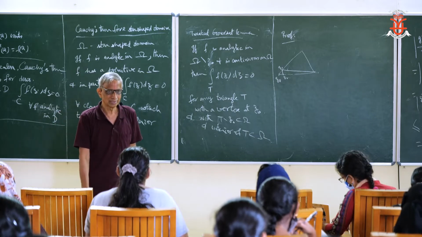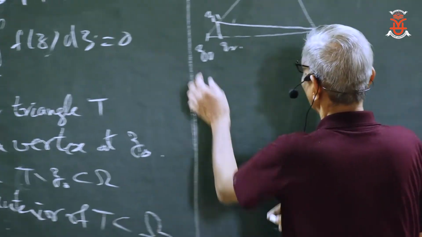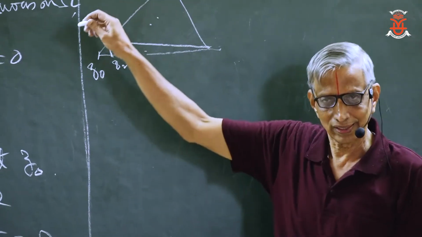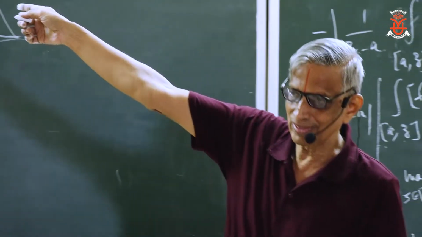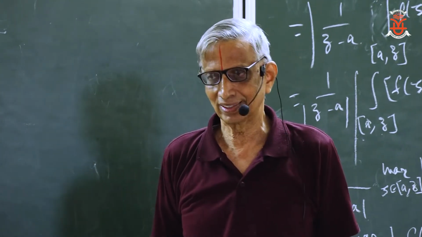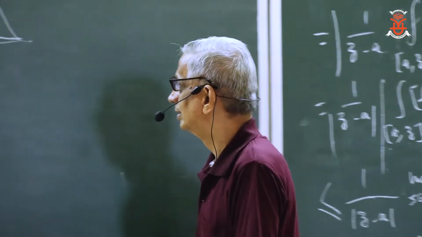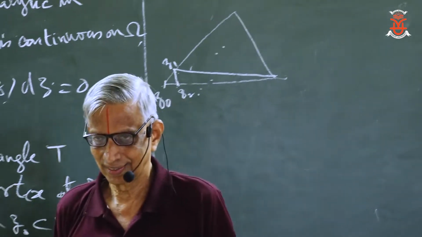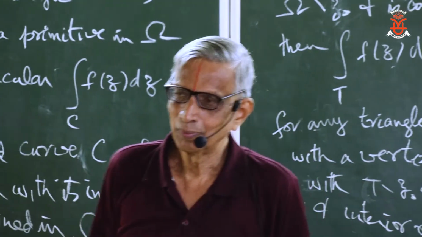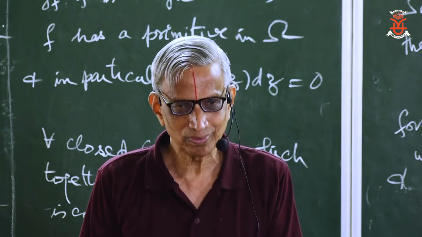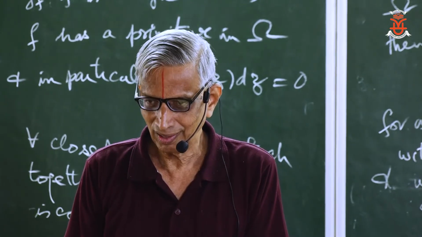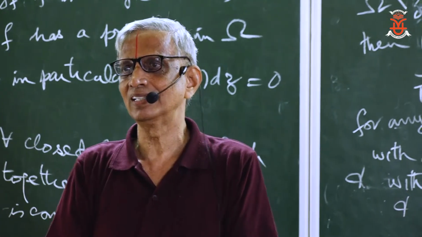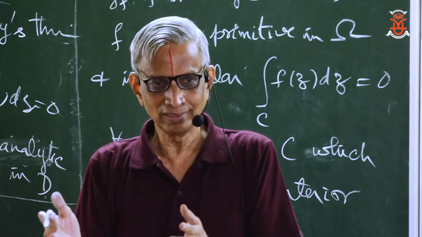What about, forget the small triangle, what about the other two triangles? The integral is already 0 by the original Goursat, right? So you have to only look at the small triangle. But what is the problem with the small triangle? The triangle is small, so you can make it as small as you want. So the integral over that small triangle is going to be bounded by